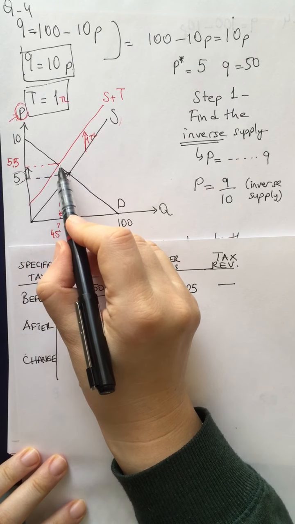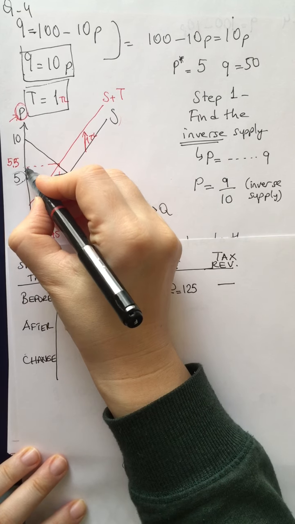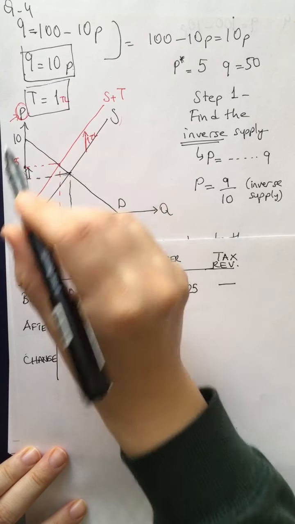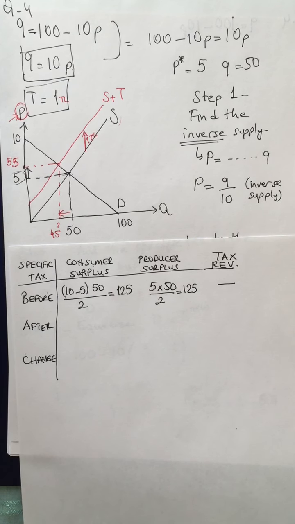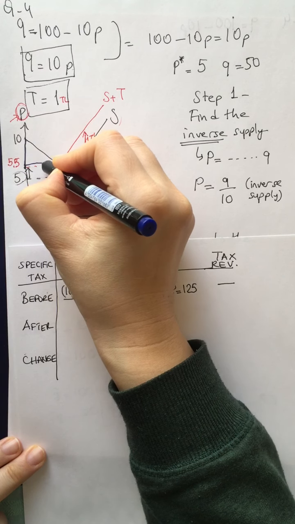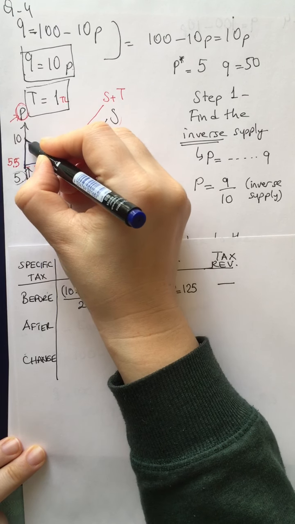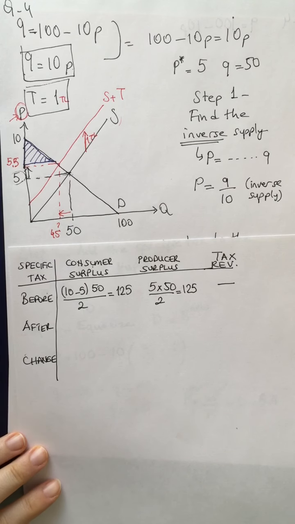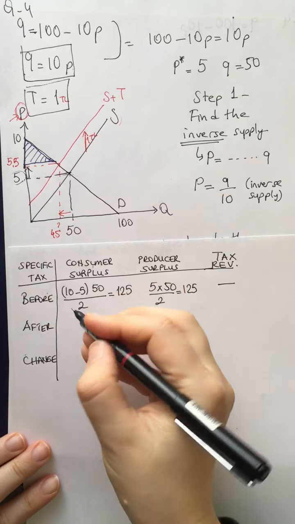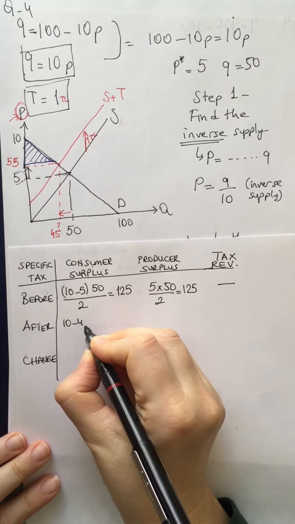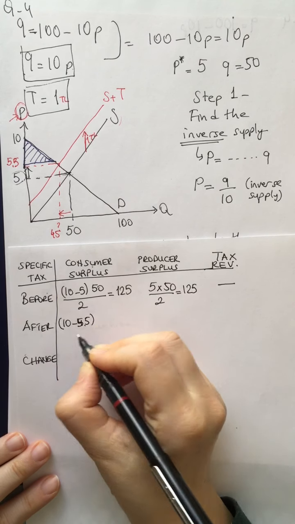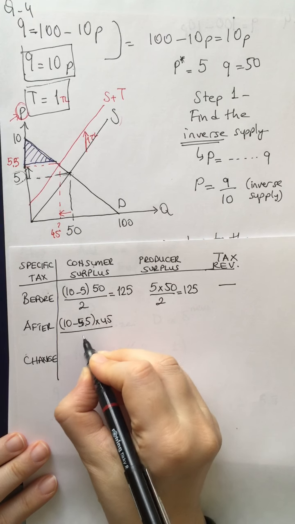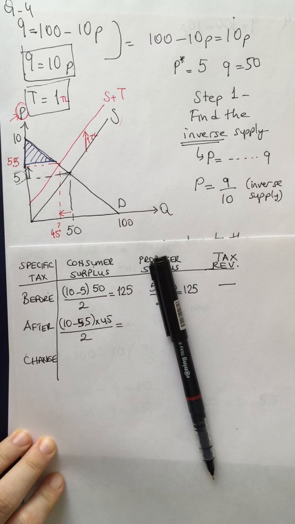Let's come to the after the policy case. After the policy, we found that the equilibrium price will be 5.5. So the consumer surplus will be the area, let's shade it, the area here. The new consumer surplus will be the shaded blue area, which is 10 minus 5.5 times 45 over 2, which is